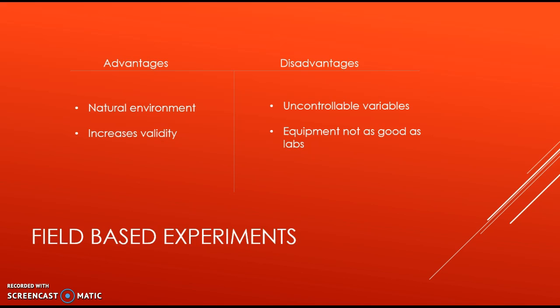Some disadvantages of doing field-based experiments is that some variables may be uncontrollable, for example the weather. So the wind could have an effect on how fast someone can run or how far they can throw a ball. Also, equipment availability may not be as advanced as if it was a lab-based experiment, so this may make it less creditable to other